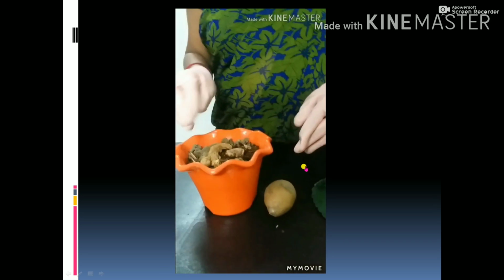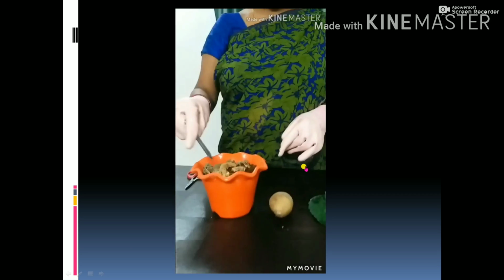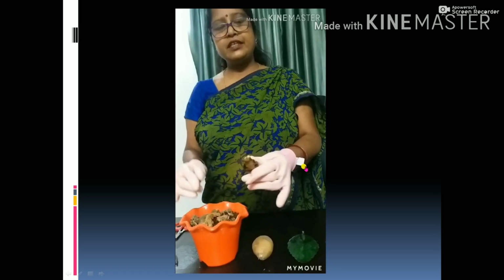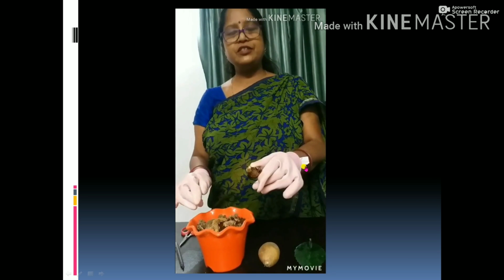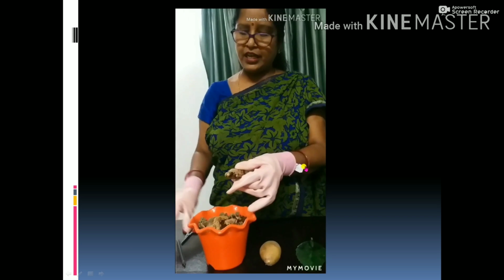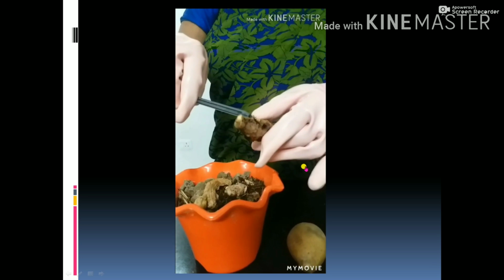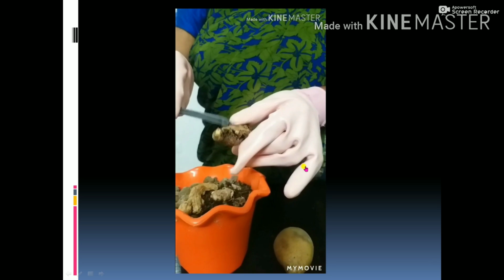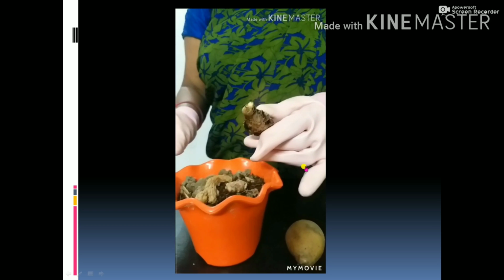First of all, you see here, that is reproduction through the underground stem. The examples are already given to you. You see, this is ginger. We are taking ginger in our kitchen, and I have grown the ginger in the soil, and now you see that buds are germinating. Okay, these are the nodes. The distance between the two nodes is known as internodes. That's why ginger is called an underground stem.